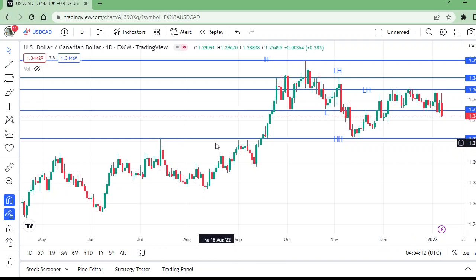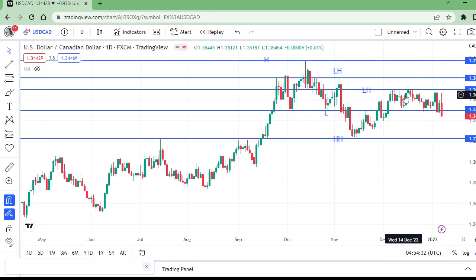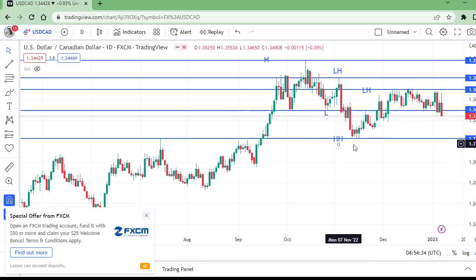These kinds of resistances are not very strong. They do not change the trends, but they send the market for lower highs. Maybe it could break this, but it didn't happen, and now it survived, and this is the lower high. So now the market is going to break this higher high and go for the next